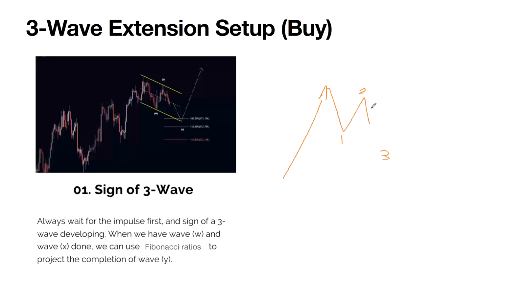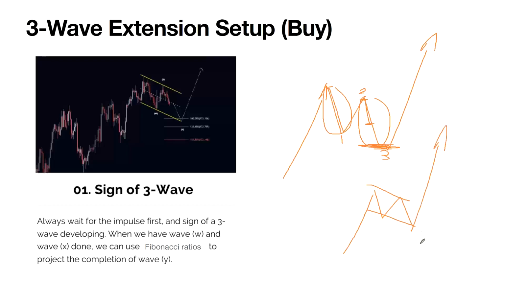After this, when we start to see the market developing the third move, we use some Fibonacci retracement and extension ratios to measure an equal length. We measure wave 1, and then map it over here to form an equal length. Equal length essentially means that this move here is equivalent to this move here, and then we expect the market to end off there and bounce higher. So this 3-wave extension is your correction, and we expect the trend to continue after it completes. In essence, that's the setup.